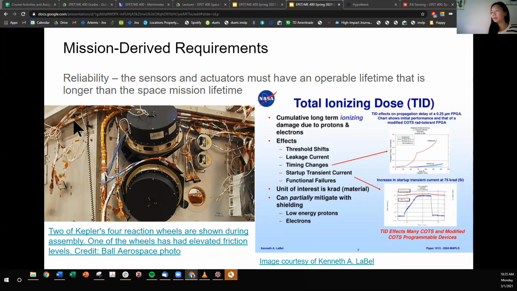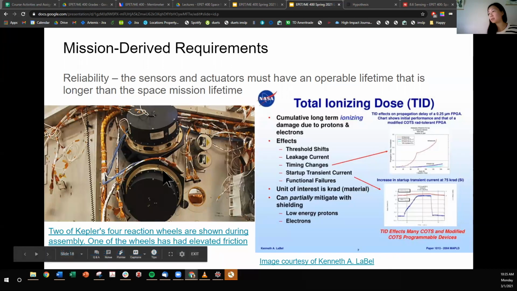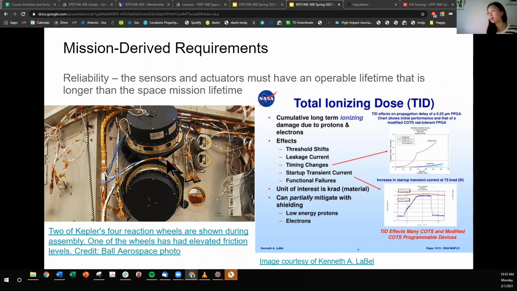So for example, we've been talking about reaction wheels, which are these little rotors that are spinning. Two of Kepler's four reaction wheels are shown here, where one of the wheels has an elevated amount of friction due to just wear and tear. Maybe the lubricant is displaced or not present anymore. Maybe there's some ionizing dose that has zapped out or evaporated